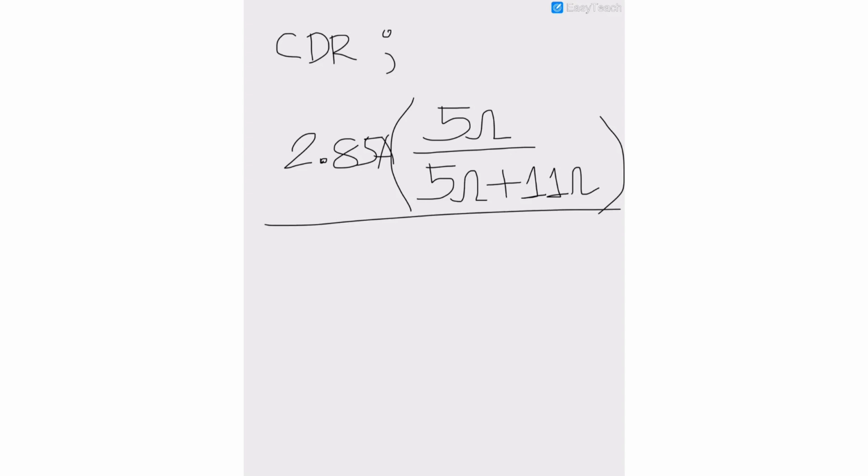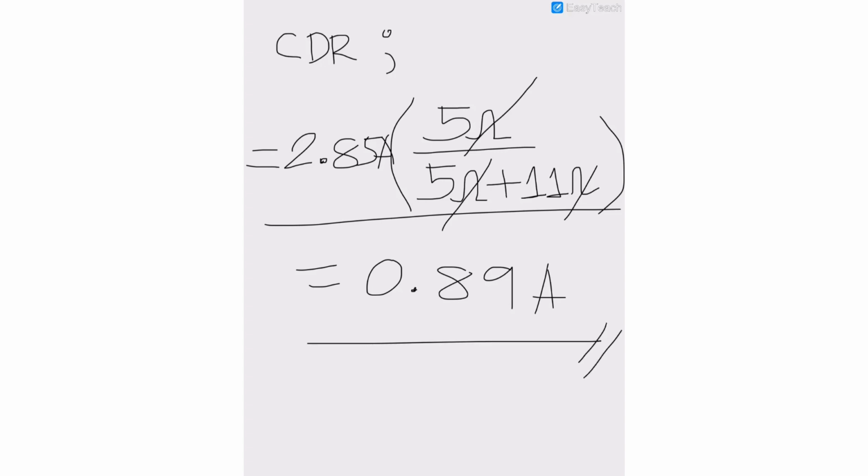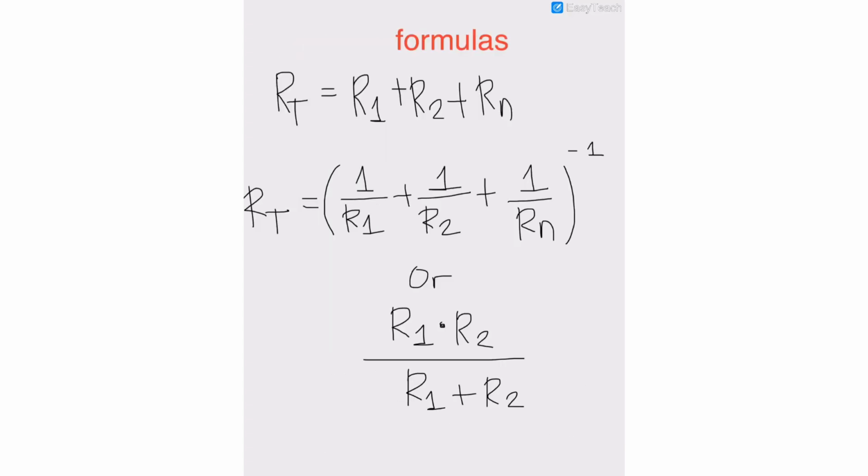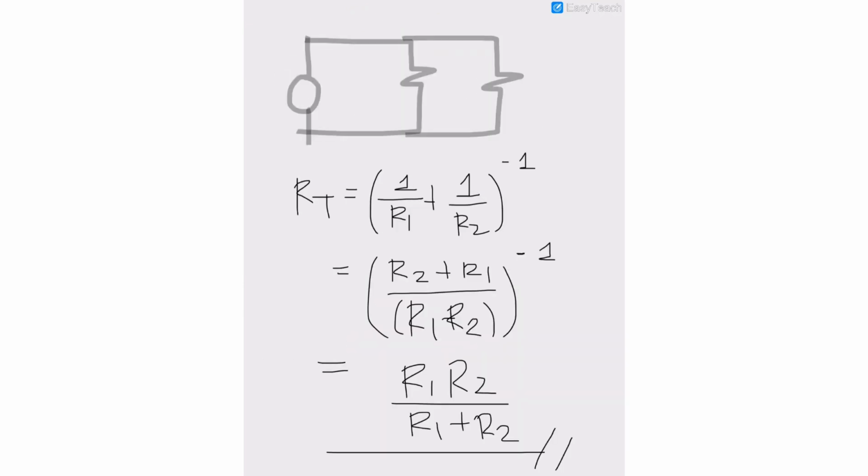As you can see, ohms and ohms cancel out. You will be left with amps, which is current, that is 2.85 times 5 over 5 plus 11. So that is 0.89 amps. Okay, so we know that the current passing through